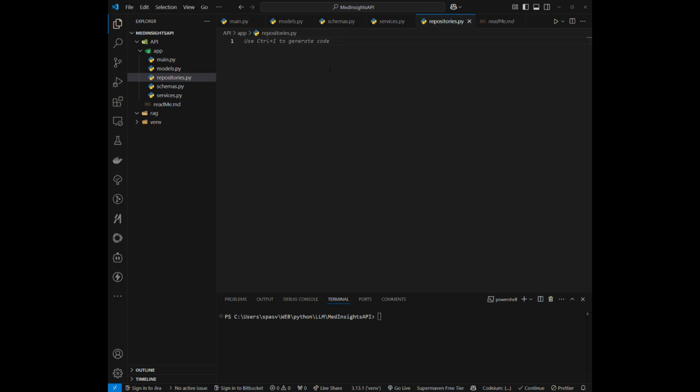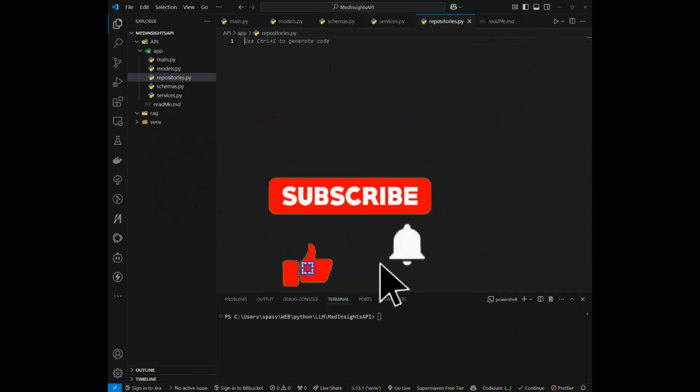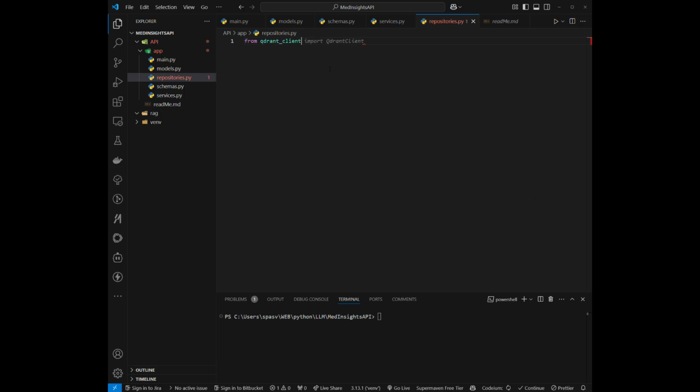We will continue with writing our queries to the vector database, and we have to do our imports. This imports the QdrantClient class from the qdrant_client package. QdrantClient is the main entry point to interact with a Qdrant database and allows operations such as connecting to a Qdrant instance, adding, updating, and deleting vectors and their metadata, and querying vectors using similarity search. Next,